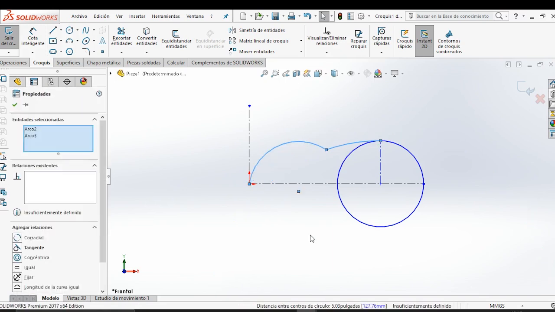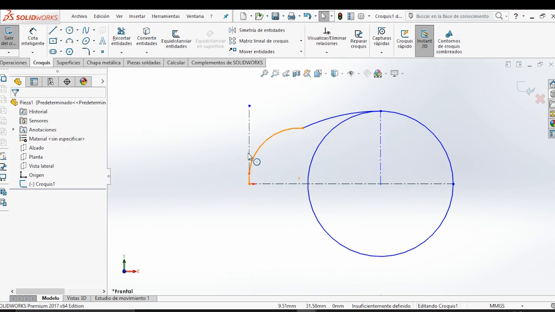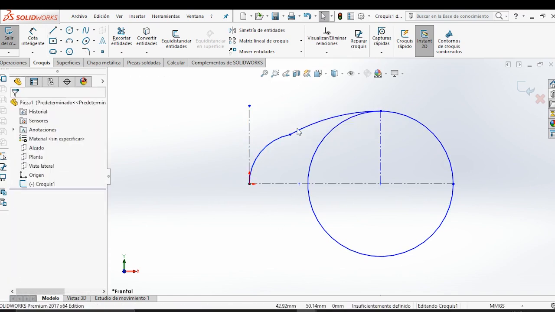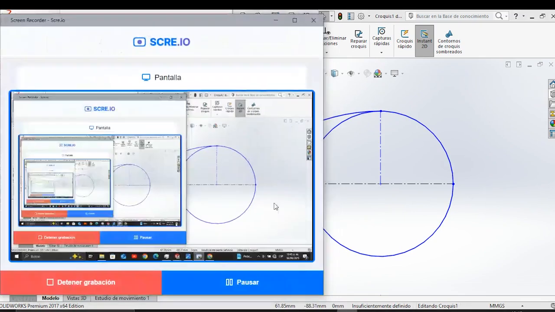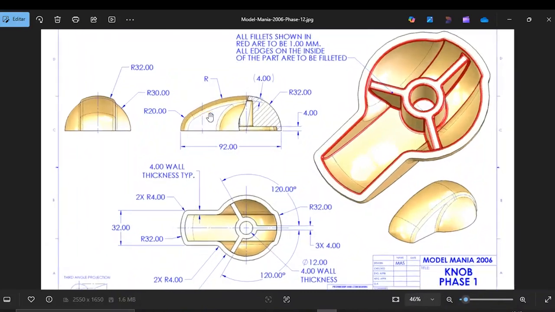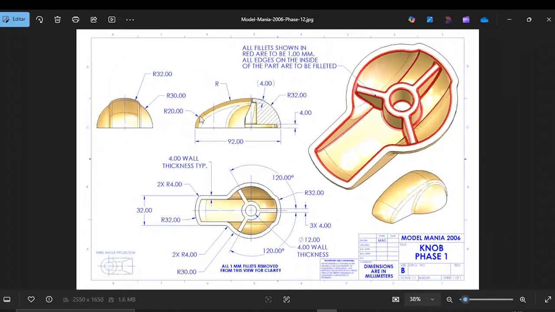Press Ctrl C and this are tangent. Let's see, sorry, and yes, these two lines are tangent, so